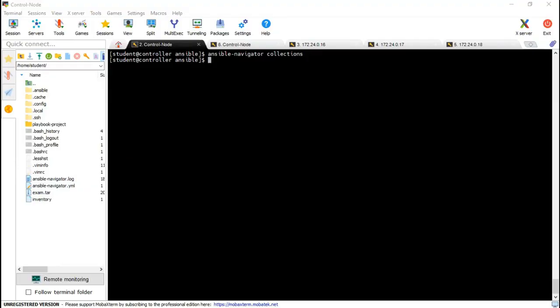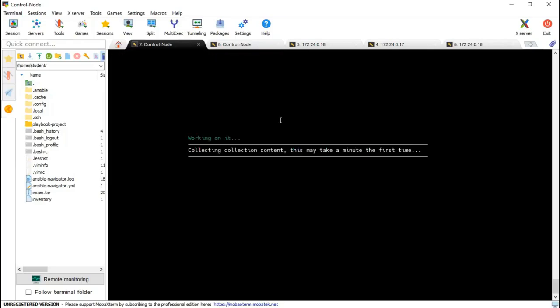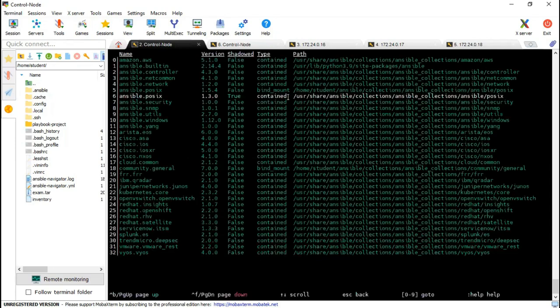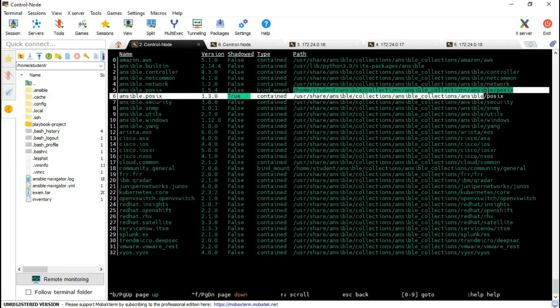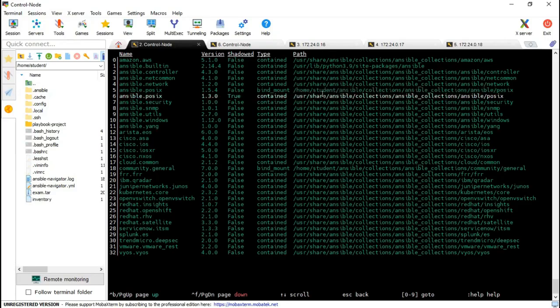Okay, come back. There were two postfix. What is that? One is in the local directory, something. Could be possible. There is one in usr/share and there is something which we have installed. That's fine, because this is coming from usr/share and the Ansible collection, but that one we installed in our collection folder. So it's coming from there. I will be more focused on this one, which we have installed. It should be available in my location, right?